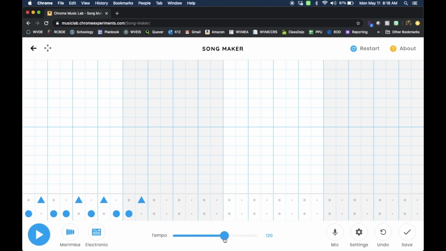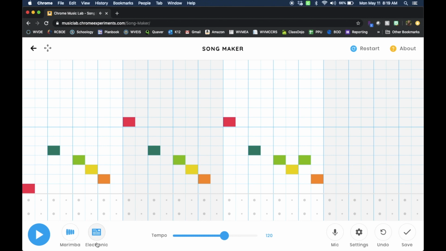This is where you can change your tempo, so drag it down to make it go slower, drag it up to make it go faster. I'll keep it right in the middle there. Now I'll come in and redo that melody I did earlier. So here I had to make some corrections, but here's that melody that I tried to create earlier,